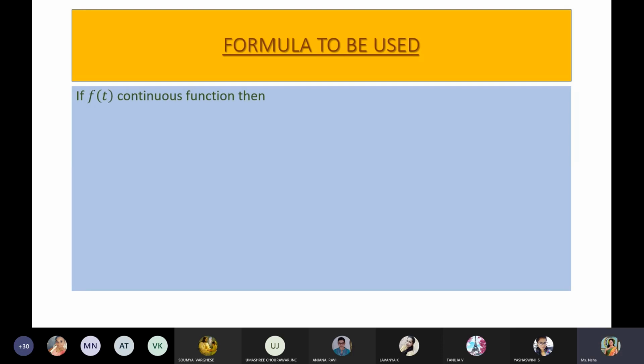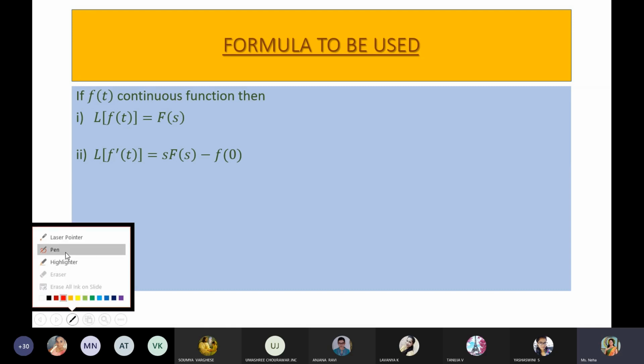Basic formula. What formula are we going to use here? Wherever you have L of f of t, you will be using F of s. Wherever you have L of f dash of t, which is equivalent to y dash, you have to use the formula s into F of s minus f of 0. This formula you have to remember, because using this formula only we will solve the